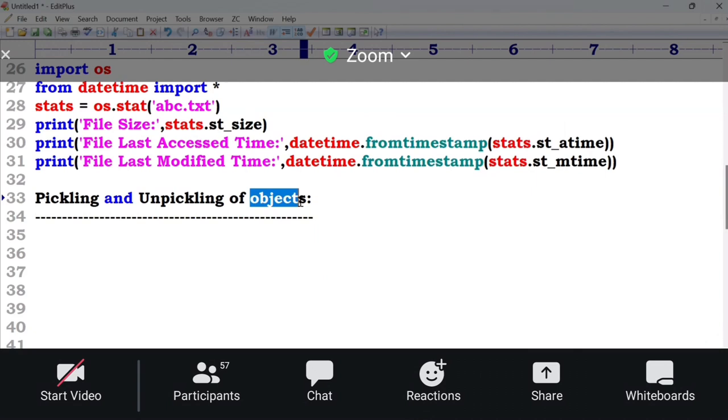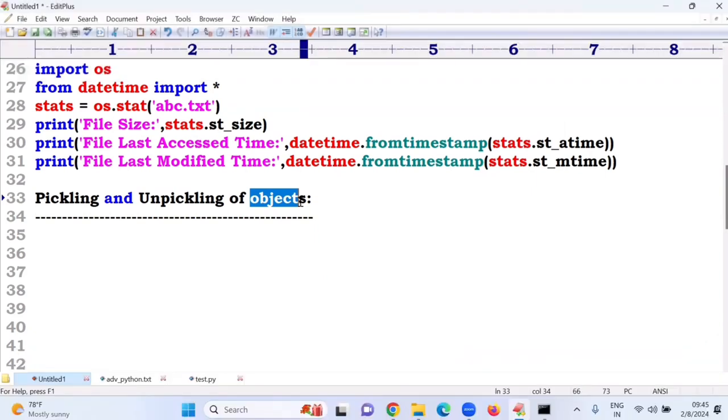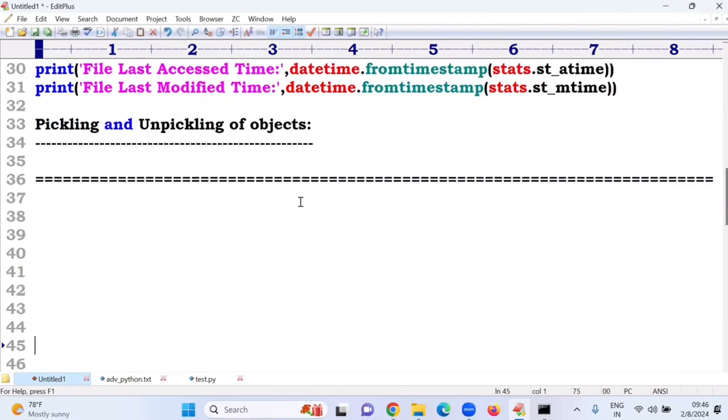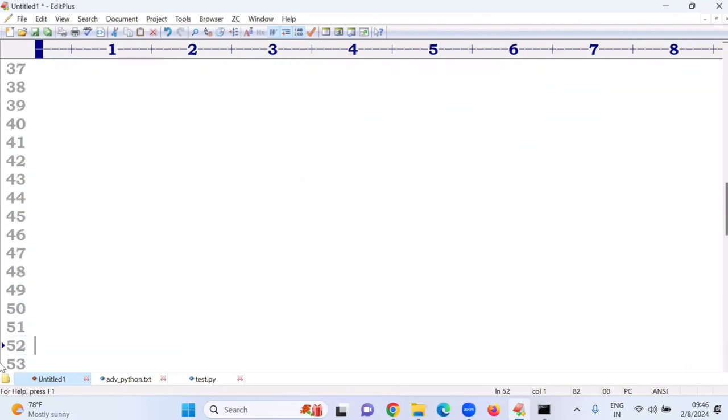Two types of exceptions are there: user defined and predefined exceptions. And one more topic in file handling, a very important topic, pickling and unpickling of objects. These two topics, once we discuss object oriented programming, again I will come back and explain. Now up to here 4 topics are completed, sir: exception handling concept, logging module, assertions, file handling. So now today onwards, the major important programming will be started. That is Python's object-oriented